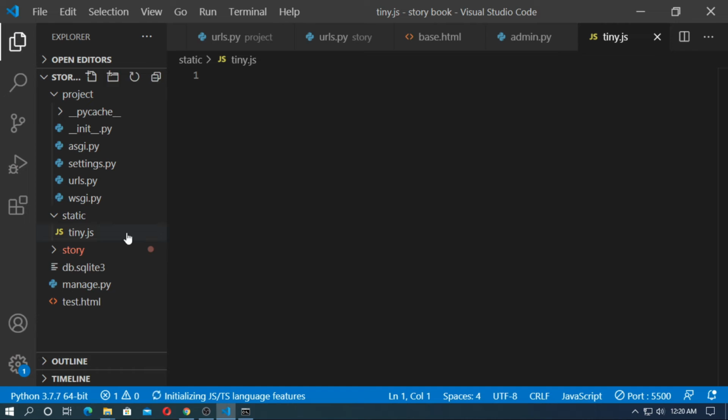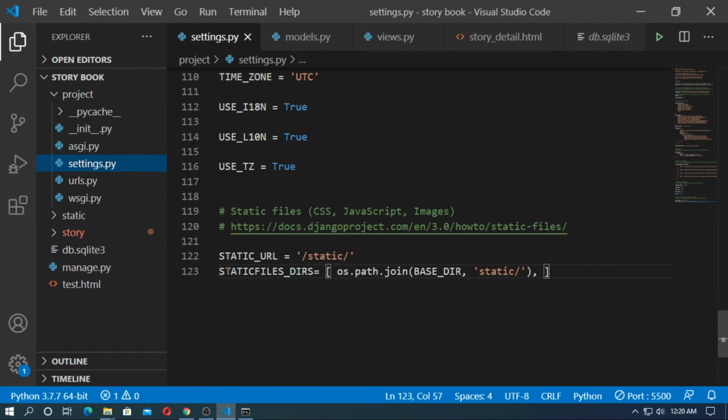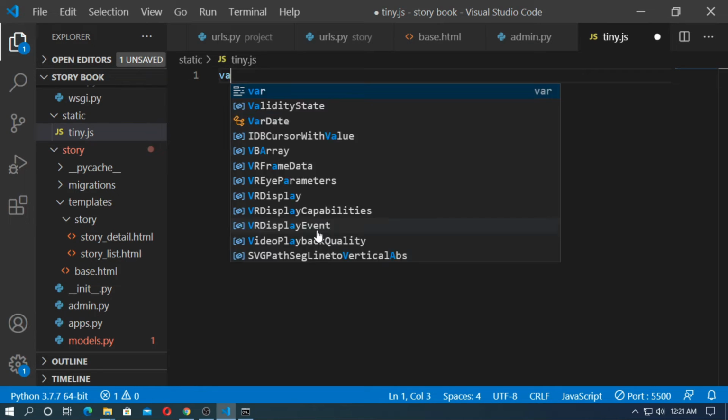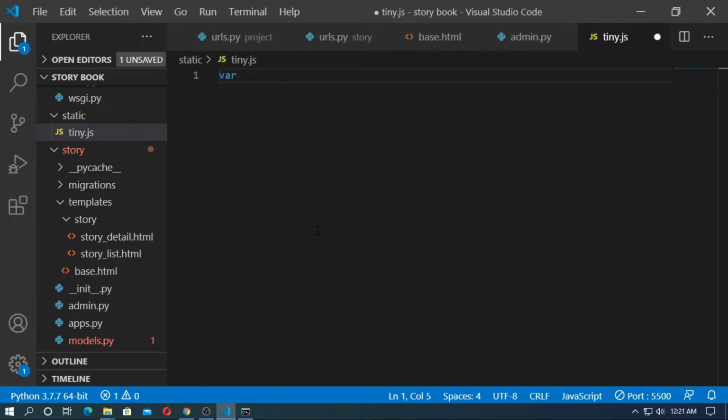So you have to remember that before you add the static folder you have to set the static files dirs: os.path.join(BASE_DIR, 'static'). Now type the JavaScript code for the DOM property. So at first create a variable. You can use var or let.